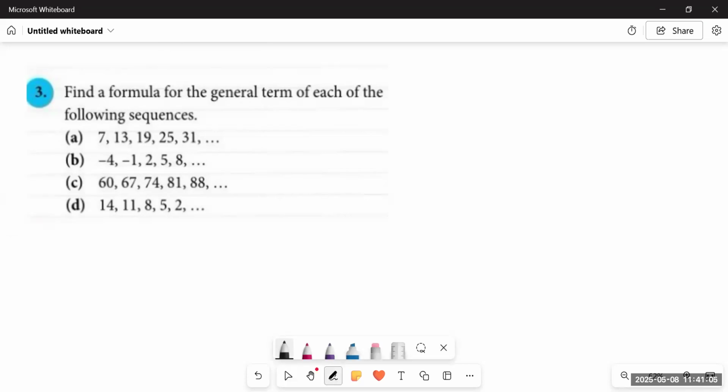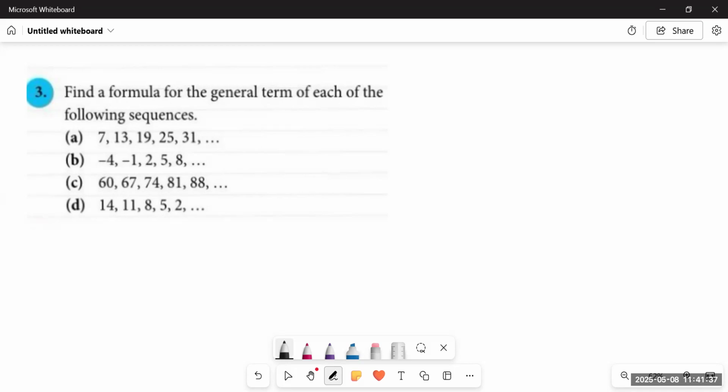This is Think New Syllabus Mathematics, Book 2, and we have started chapter number 5, number patterns. We have already completed question number 1 and 2, which is related to sequence, nth term, and position number. Now, in this question number 3, we have to find a formula for the general term of each of the following sequences. So, you are provided with sequences. All you need to do is find out what is the formula that could be used to find the nth term at any position, right?